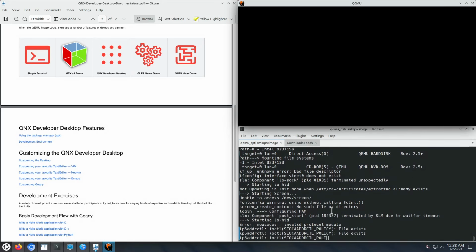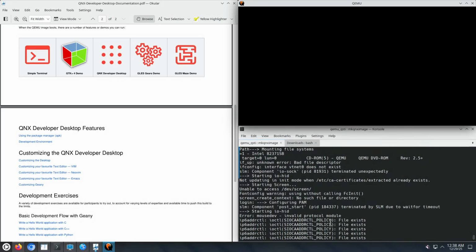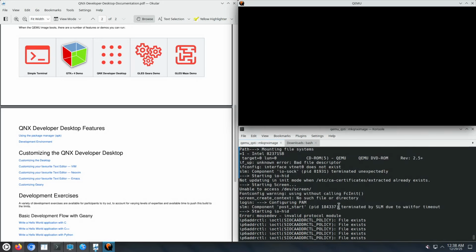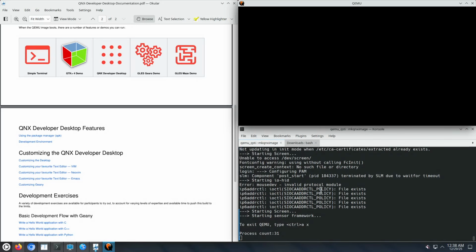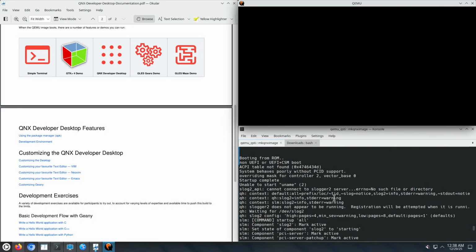It's not in an infinite loop trying to start screen and the window manager and font config, but there's an error that doesn't sound that great while booting,